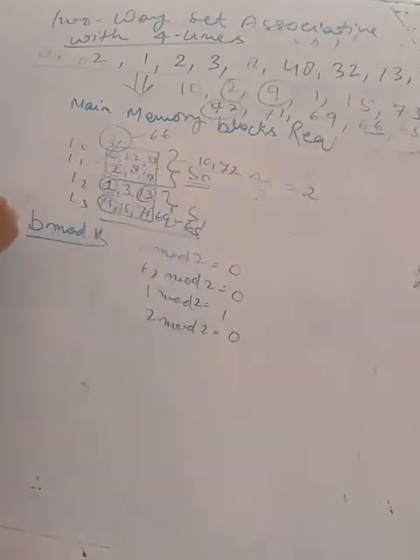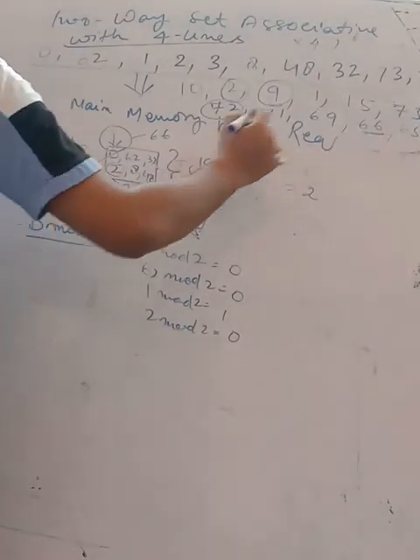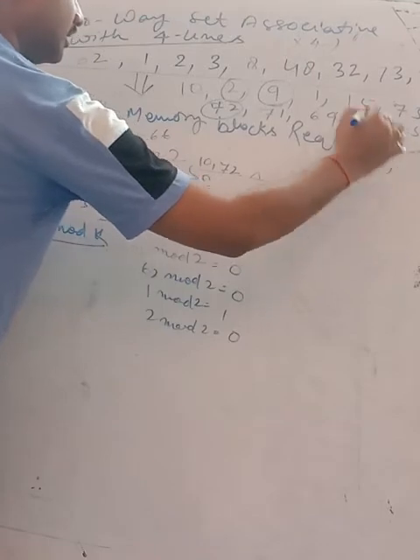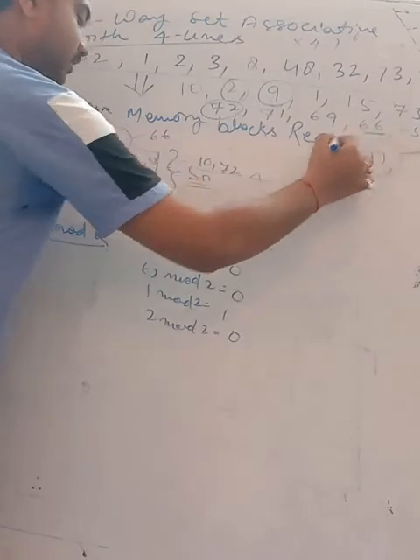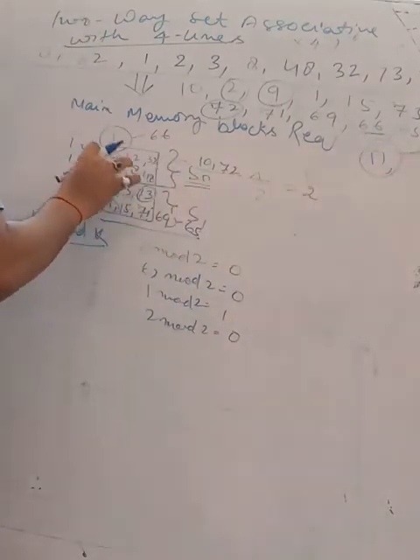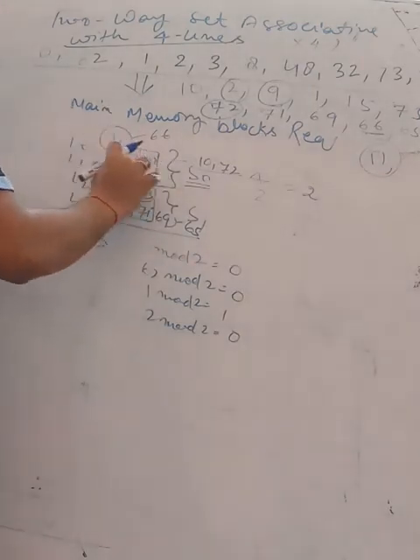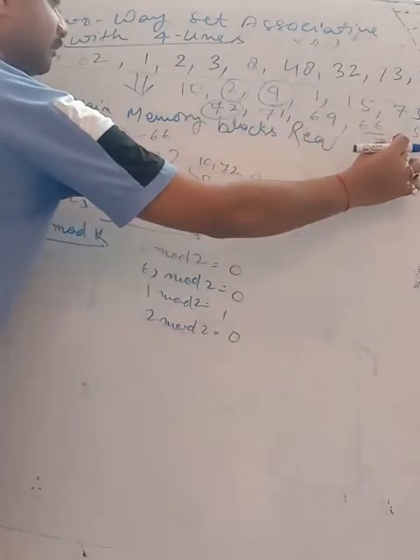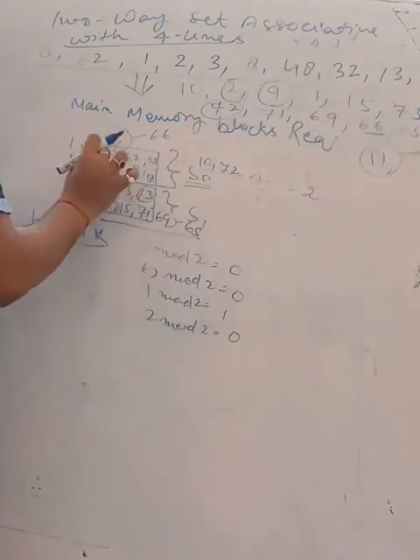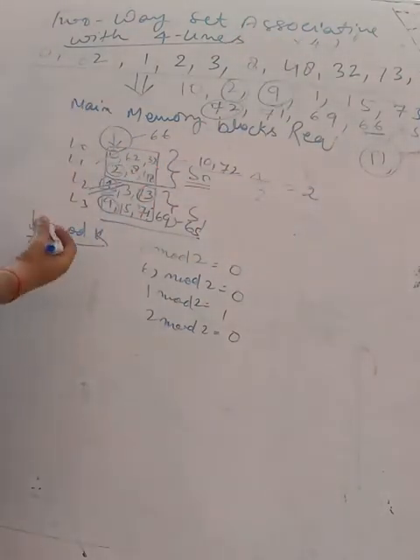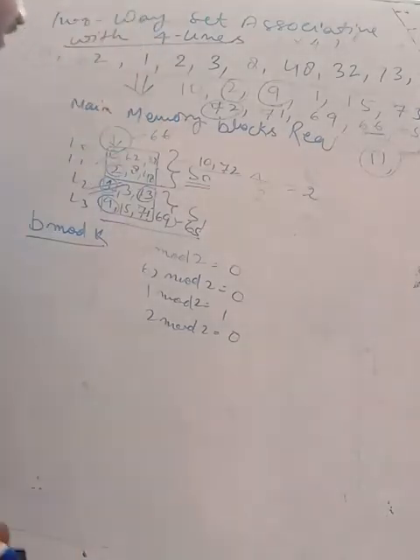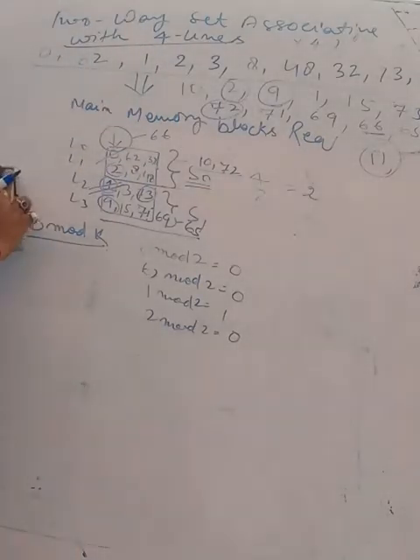Now the S1 block is already full. We have another reference to store, like 11. 11 will be stored in block S1, but at which place? At the place where 1 is stored, because 1 was inserted very first in this block. So when we talk about the first in first out scheme, the word number 11 will be replaced at the word number 1. This is called first in first out. We have talked about this in reference to words.